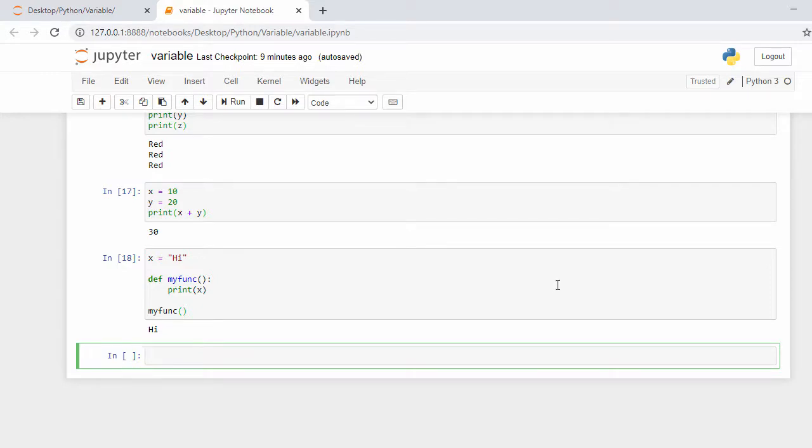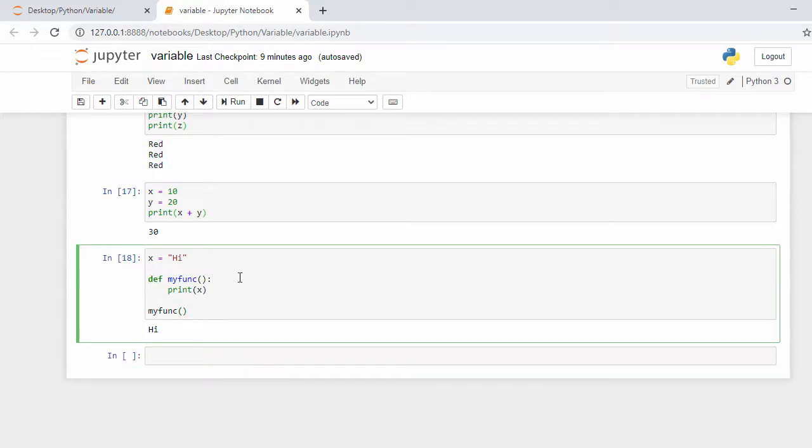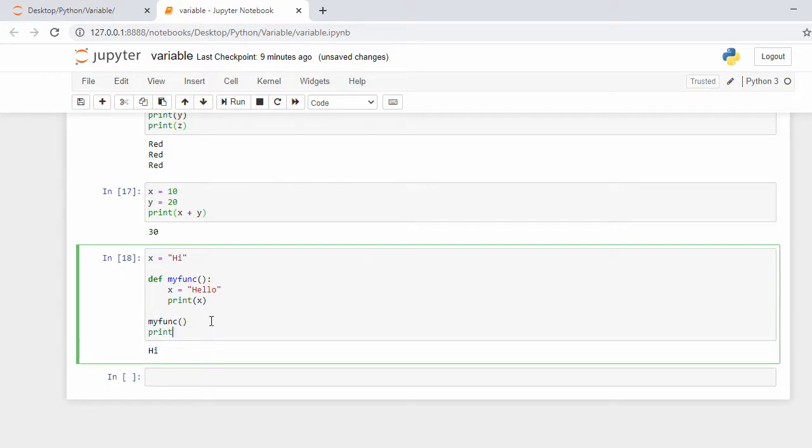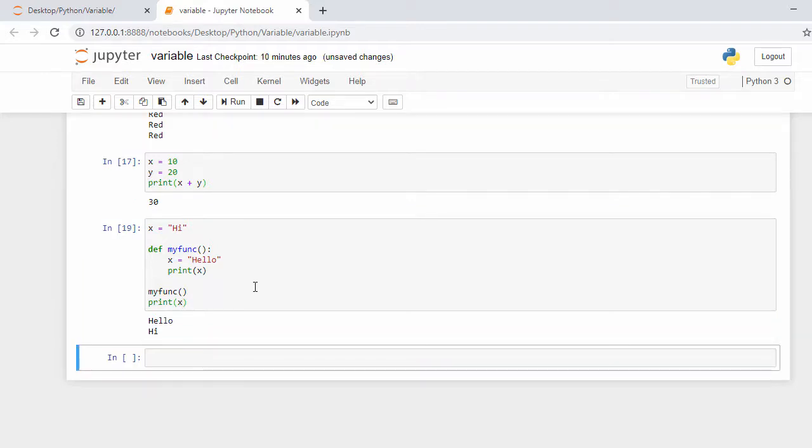Like here, if we say x equal to "hello" inside the function and say print x, and if I execute this, it gives me hello, which is part of my function. Again it comes out of the function and prints the original value, which is hi. So this is how the function cannot change the value of global variables.